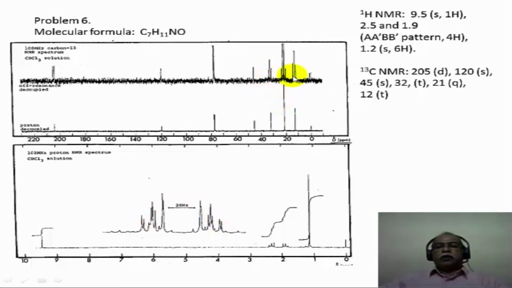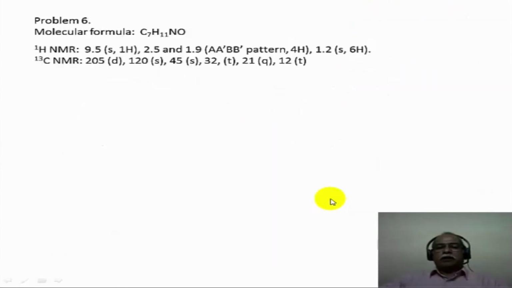Now since we mentioned there are 2 methylene groups, in the off-resonance spectrum there should be two triplets. There are in fact two triplets in the off-resonance spectrum, and this gem dimethyl group should have a quartet. In fact, there is a quartet that is present. If this is a gem dimethyl group, which is a tetrasubstituted quaternary carbon, that quaternary carbon also appears around 45 ppm or so in the carbon 13 spectrum.